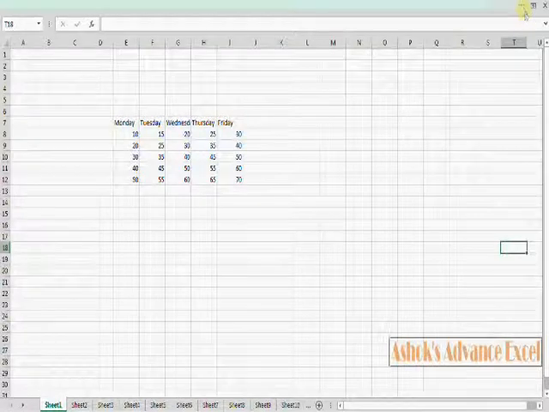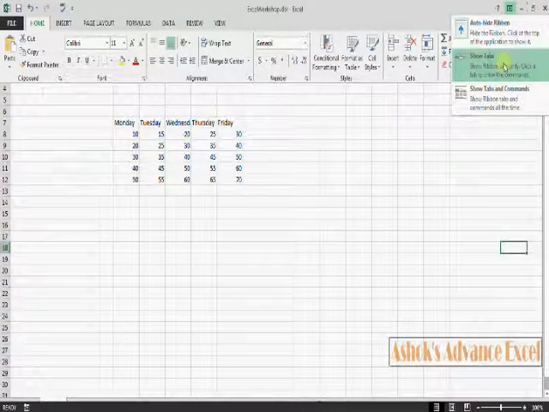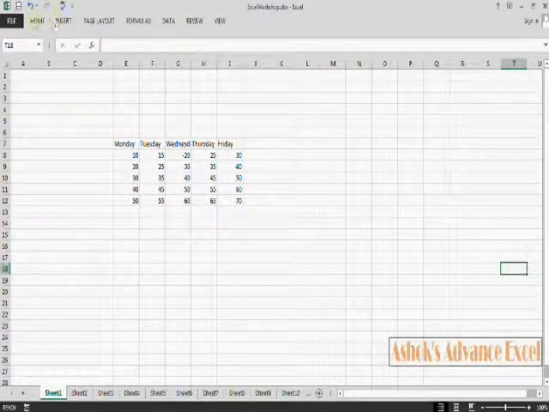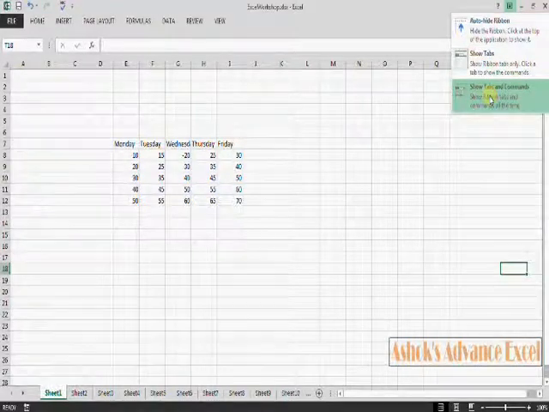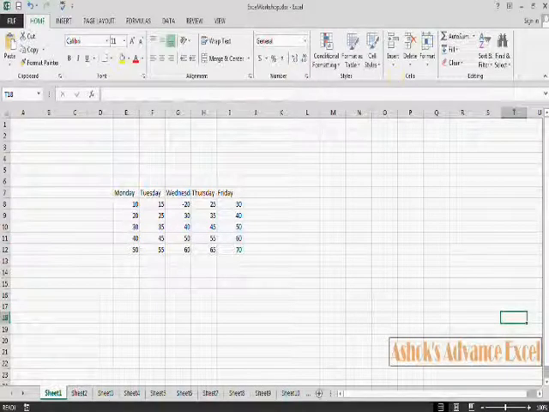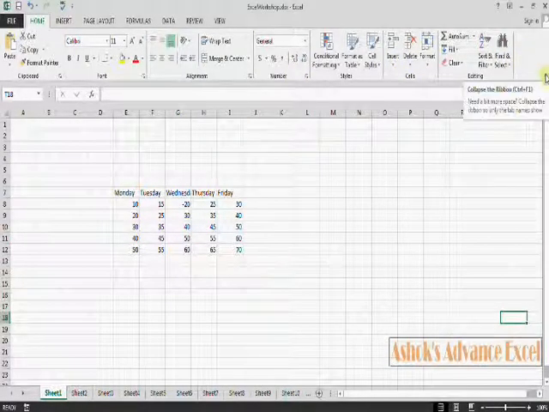Now click again, Show Tabs only. So only tabs can be seen, the ribbon is not displayed yet. Again click there, and the last one, Show Tabs and Commands both. So this way you can see all the commands and tabs. Same thing can be done with this arrowhead.